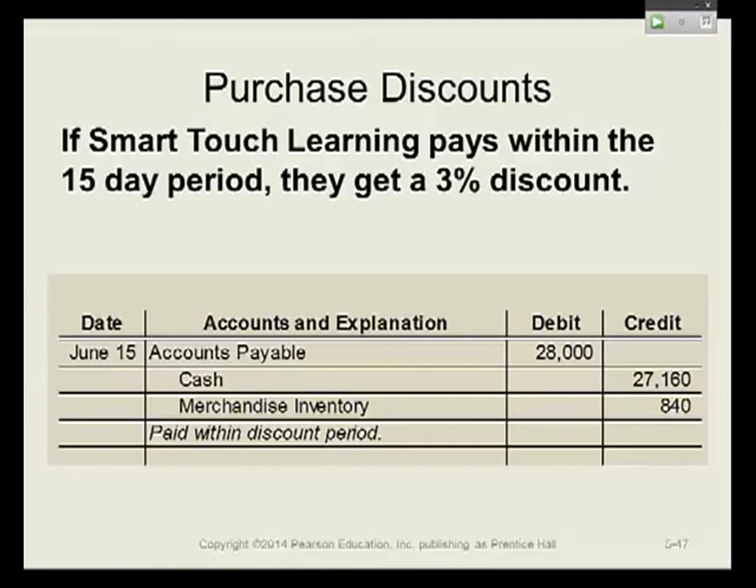So we paid this on 6/15. Put that right there. 840 comes off. So the ending balance of inventory is 27,220, and on 6/15 we paid off the liability. So the ending balance of inventory, and you'll see this later, is